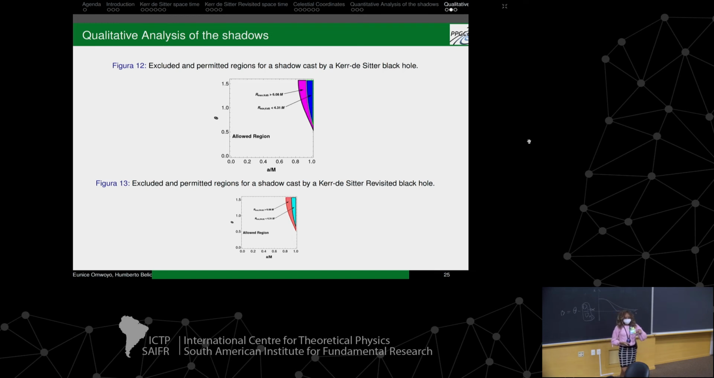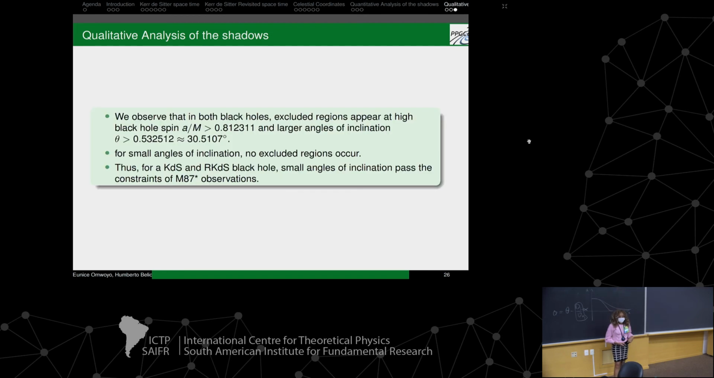When you see these two figures, you see that for small values of black hole spin and small values of theta, the regions that are not permitted exist for high black hole spin and high angle of inclination. So using this constraint on the radius, we constrained the spin of the black hole, and we found that the spin, when it's greater than